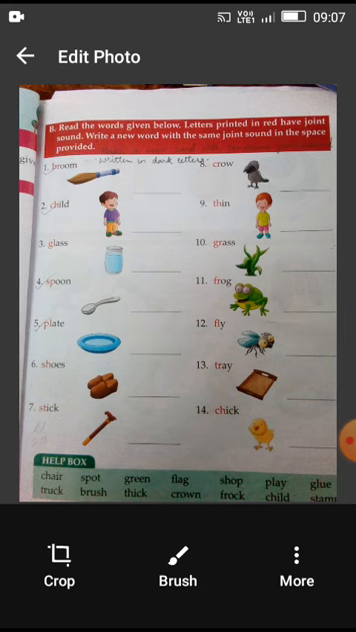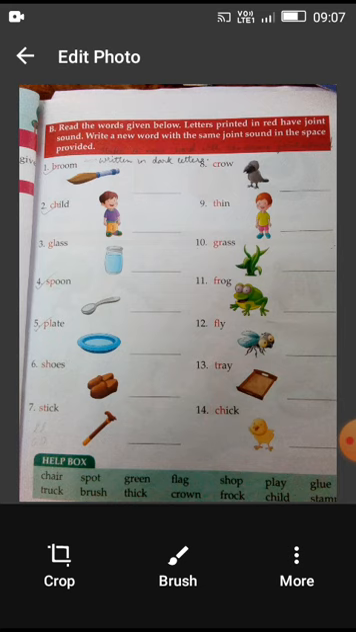Number 3, GL joint letters. Number 4, SP joint letters. Number 5, PL joint letters. Number 6, SH. Number 7, ST. 9, TH. 10, GR. 11, FR. 12, FL. 13, TR. 14, CH joint letters. So in this way,